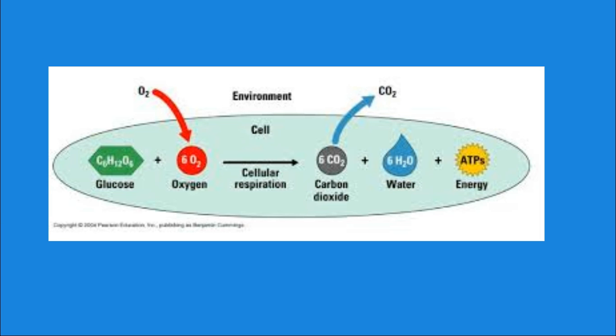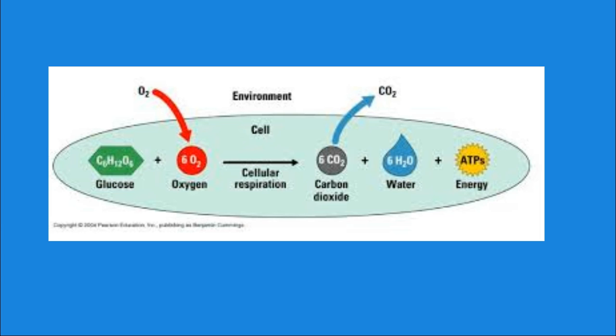So here is your chemical equation, if you can see it. You have glucose and oxygen, and they are going to go through cellular respiration in the cell, and they're going to create carbon dioxide, water, and energy. So the chemical equation is